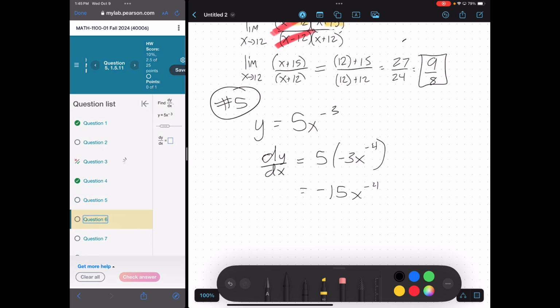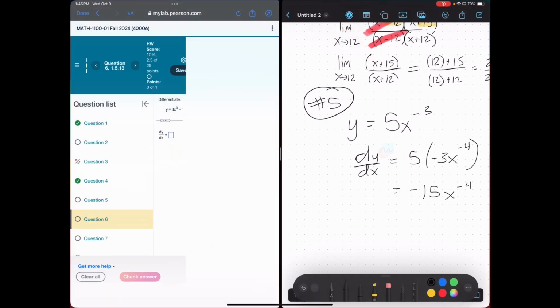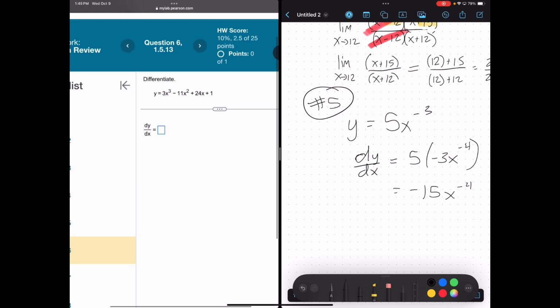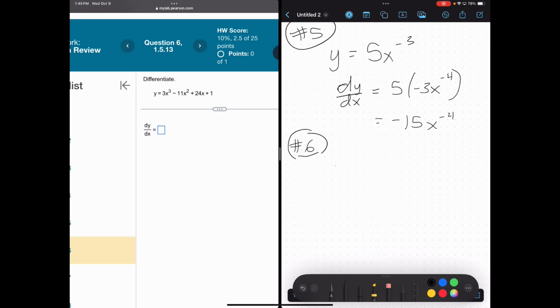Okay, question 6. Ooh, question 6 is a good polynomial. Nice long polynomial. Okay, we've got y equals 3x cubed minus 11x squared plus 24x plus 1. Well, a polynomial just gives me more opportunities to use the power rule, because I can use the power rule with each of my terms. And then just remember that each of these,